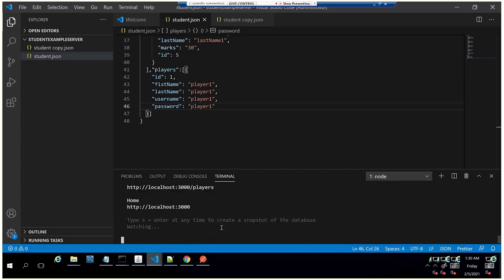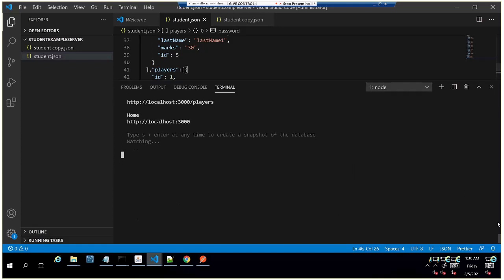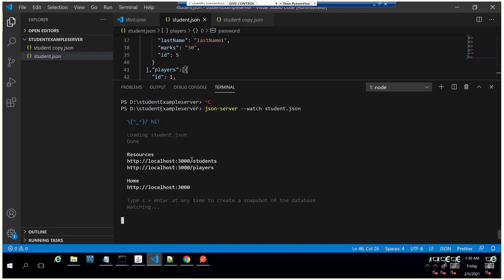So now I'm going to run this file. If you see in the console itself, it provides us the URLs. You can use this URL to get the student list and this URL to get the players list.